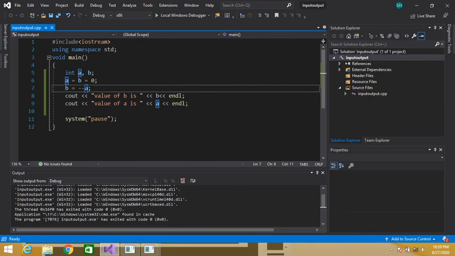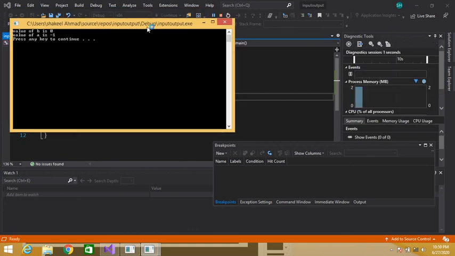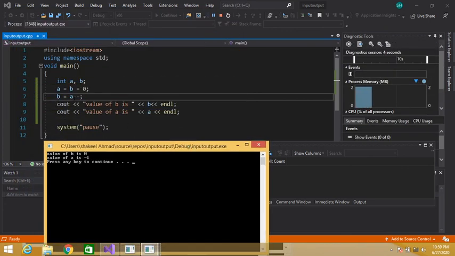Let's post-decrement this variable a. Let's execute this program. See, now 0 and minus 1 is displayed. Why? In the post decrement operator, the value of a is first assigned to b, and then it will decrement the value of a.